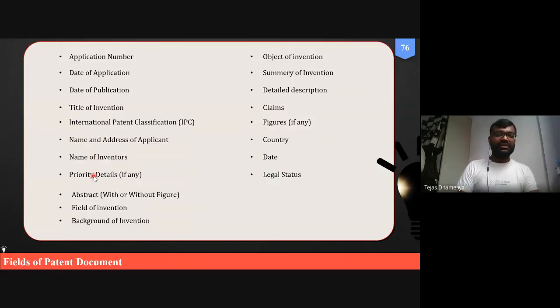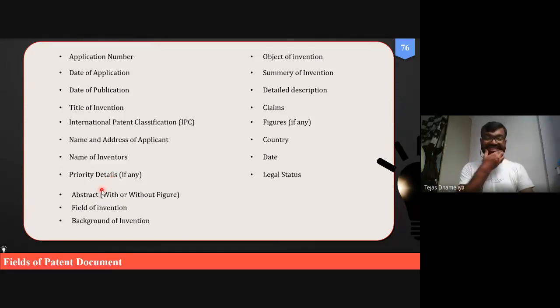Then these are the common things: name and address of inventors and applicants. Priority details. Priority details is basically, let us say on today's date, 18 September, I'm going to file the patent in country India. But at the same time, I also want to file the patent in USA or UK or Canada, etc. So that is considered as priority details, if there is.